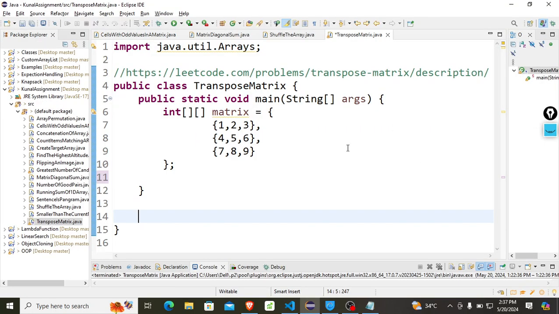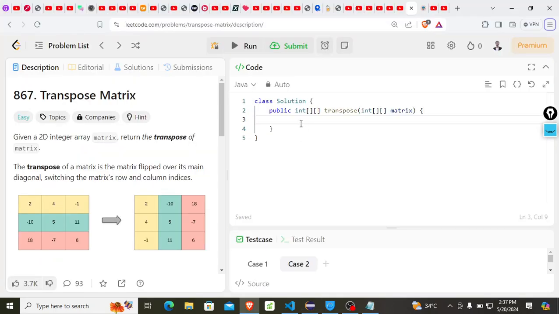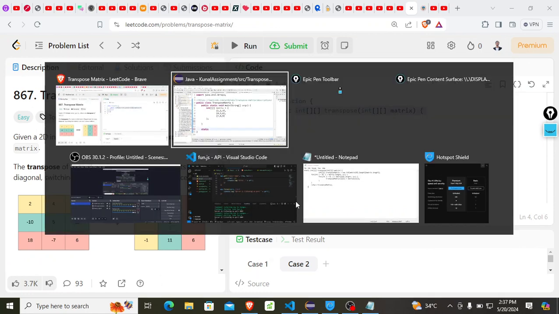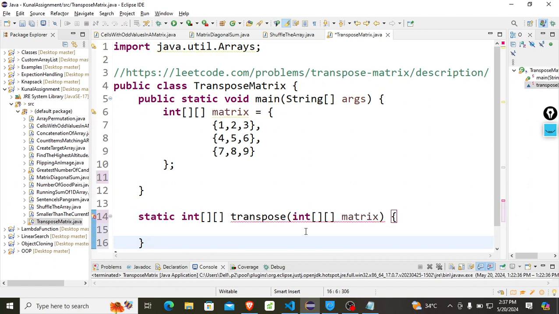Now, I've created a 2D matrix, and we are going to dive into the implementation. So, static, and now we will go back to LeetCode and then copy these and paste here. So the first step here is to create our transpose matrix,